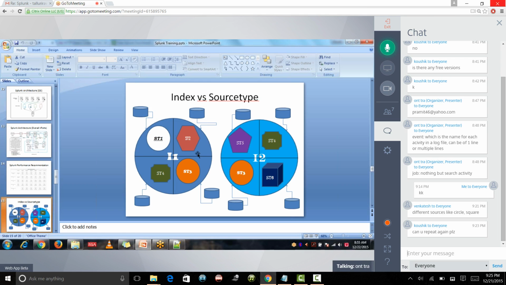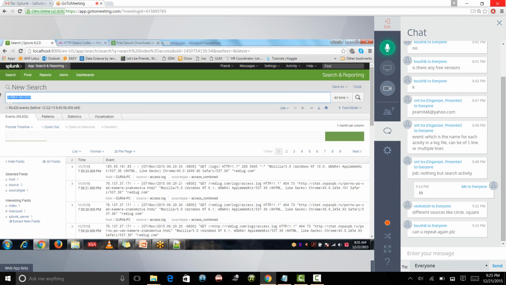Now these are the hosts and these are the sources. This particular point is a source, this particular point is a source, but this whole cylinder is the host. So that is a relationship. The reason I told you this is that here you may see, if you search for source type equals to